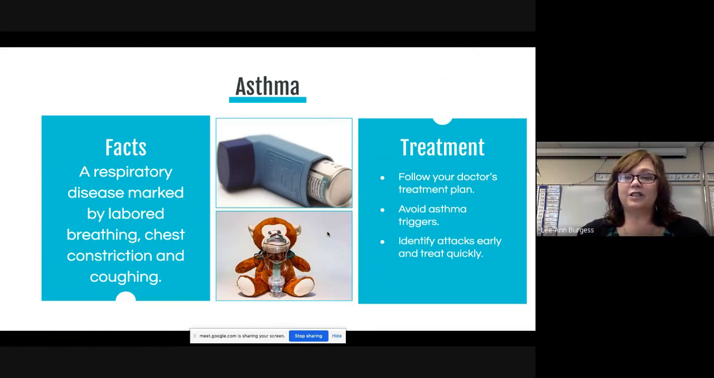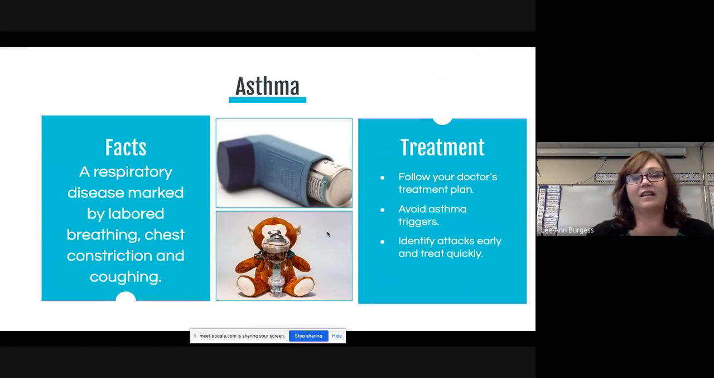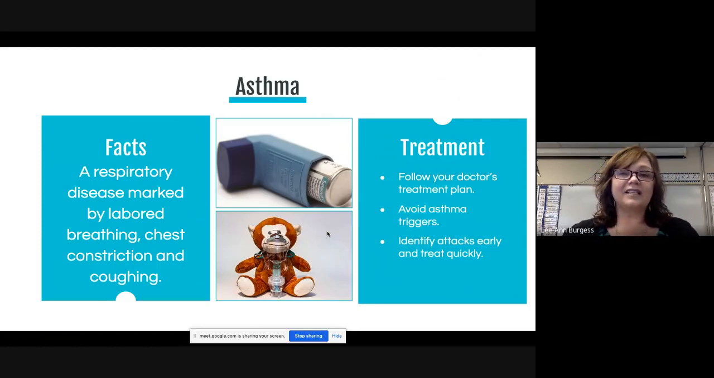And then the last thing you need to do is identify your attack early and treat it quickly. So the faster you get your medicine, the faster you will likely recover from your asthma attack. So our first condition is common cold. Our second condition is asthma. Moving on to the third condition,